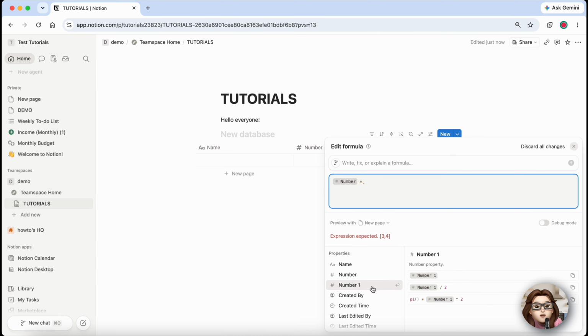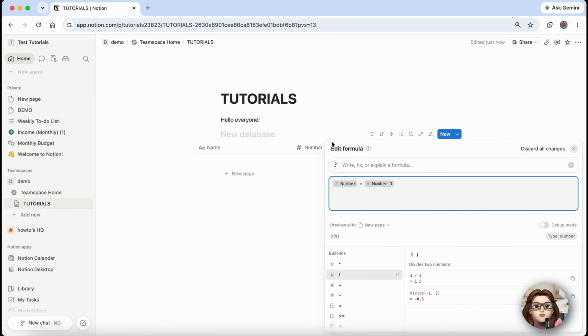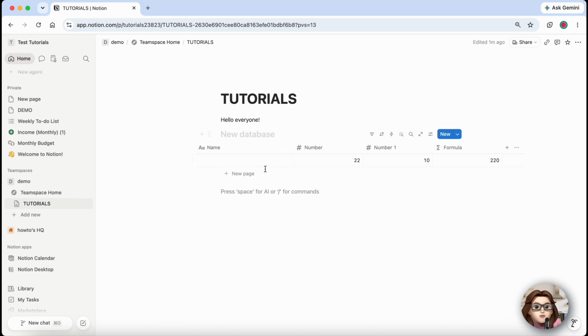For example, if your properties are named price and quantity, type prop("price") * prop("quantity"), then click Done. Notion will instantly calculate the result for every row in your database. Whenever you change the value in either number property, the total will update automatically, so you never have to recalculate